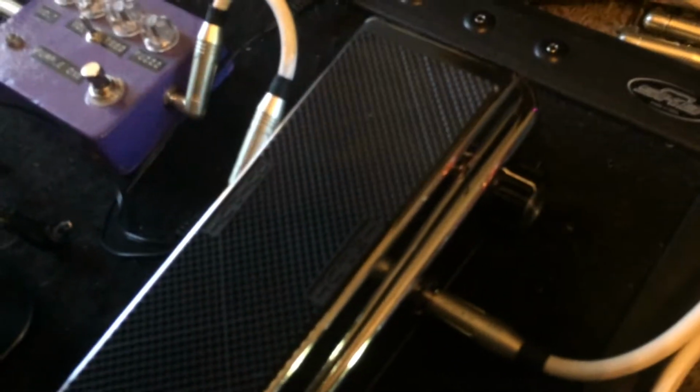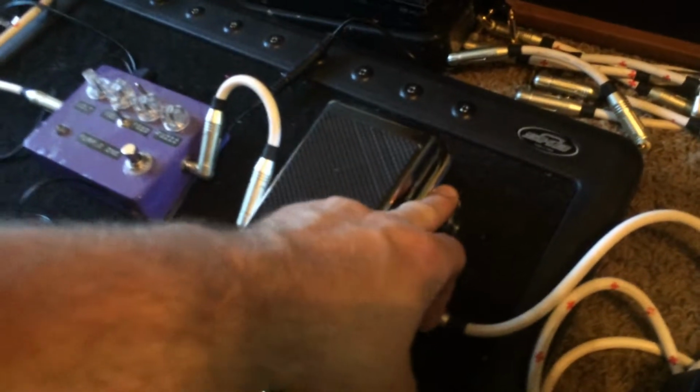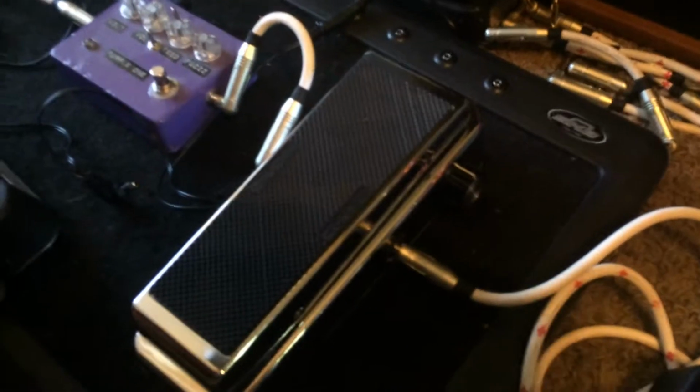I did a tone rotary rather than 5 or 6 values that are all around the same value. I did a little bit wider dynamic range. I did 3 focusing on the treble side and 3 focusing on more of a lower end, all the way down to a bass type tone. So you can get a wider sweep. Cool if you're doing swells, or if you want to get some classic type tones, like the Jimmy McCoy style,